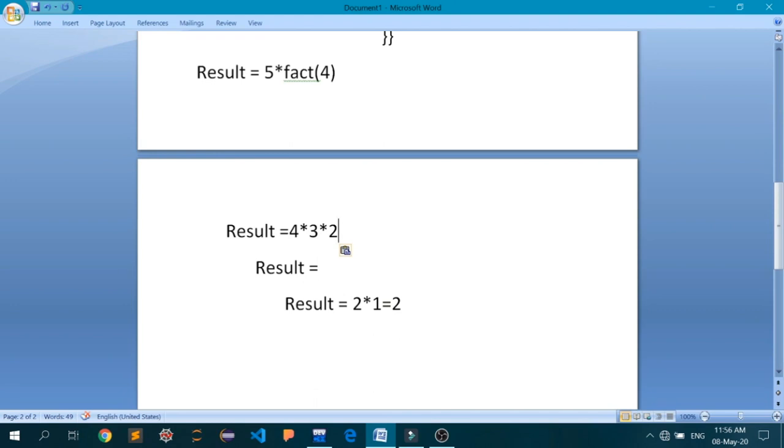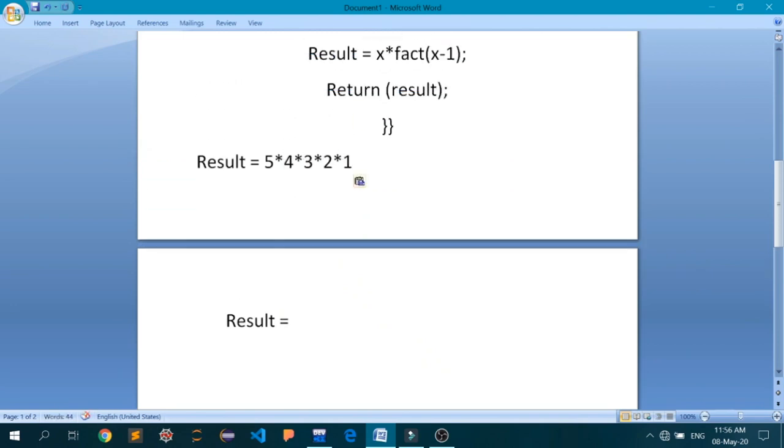Okay, let's also multiply by 1. I think we have forgotten that. I'll remove this. Now this result is actually returned by this fact 4, so I'll remove it also.